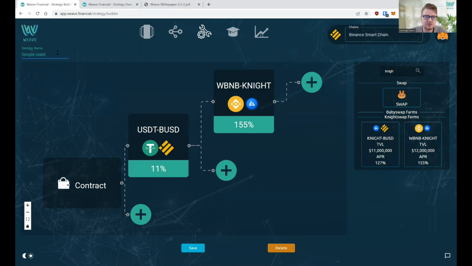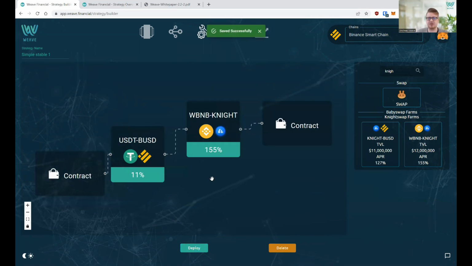So let me save it, and I'm gonna explain what's happening here in a really simple way. We have our entry point, and you created your first entry on that one. USDT, BUSD pair, a stable pair, the safest thing you can get on LP farming. This means that 100%